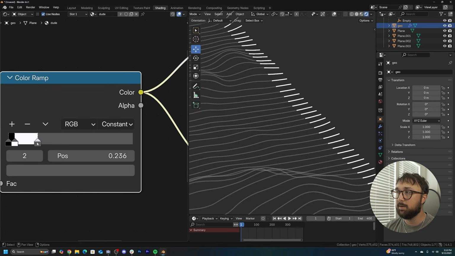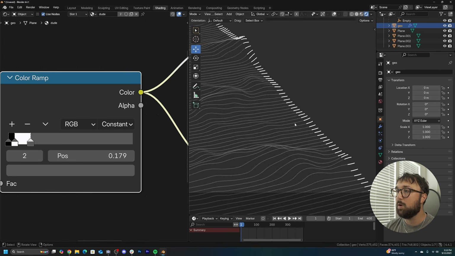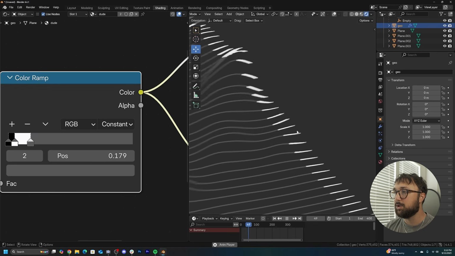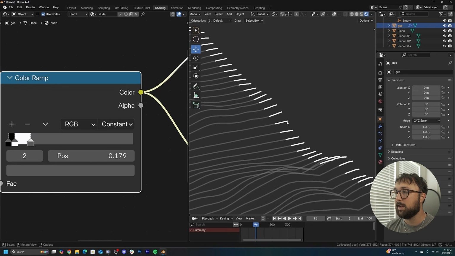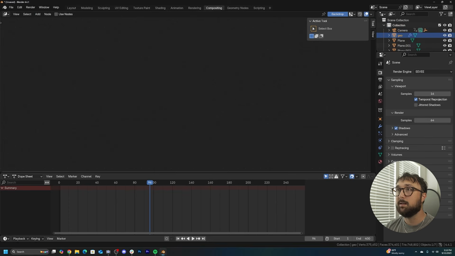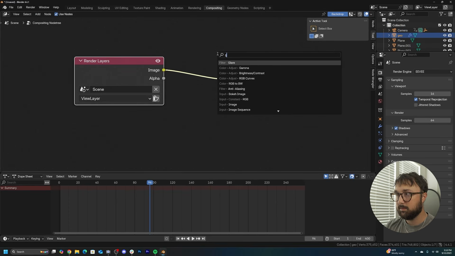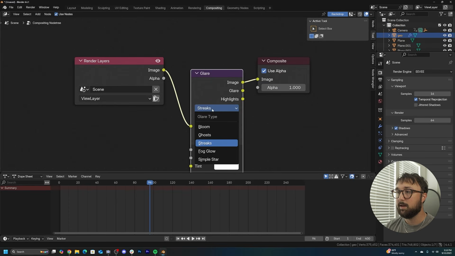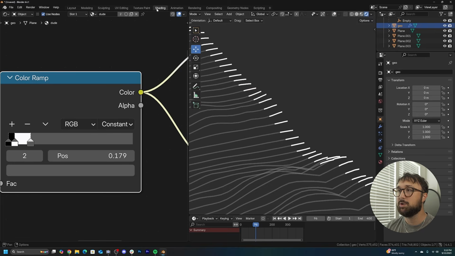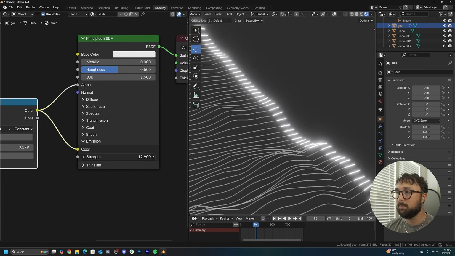And then I can just bring this in so we have this one really bright section of the curves. So that's how we create that really cool effect. And then we can head into the compositing, turn on use nodes, get a glare node, and turn on fog glow. And then we can head back to shading and then turn on always. And that's how we get that glare. So you can bring this up